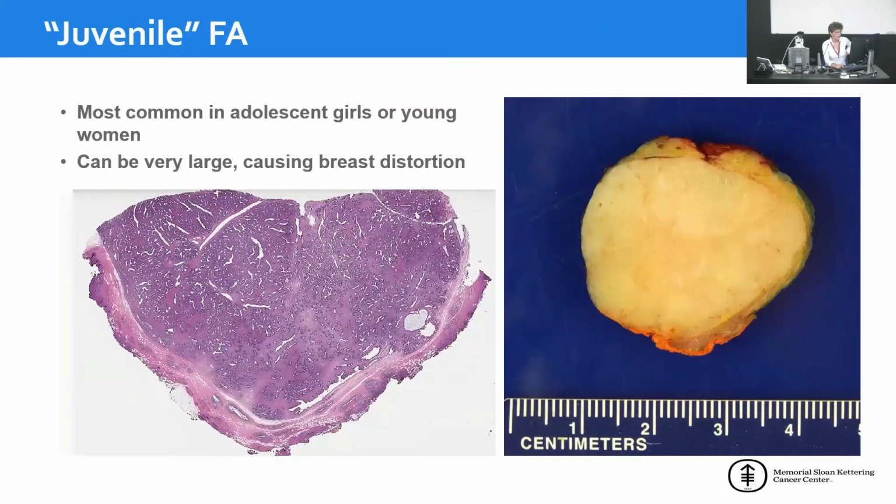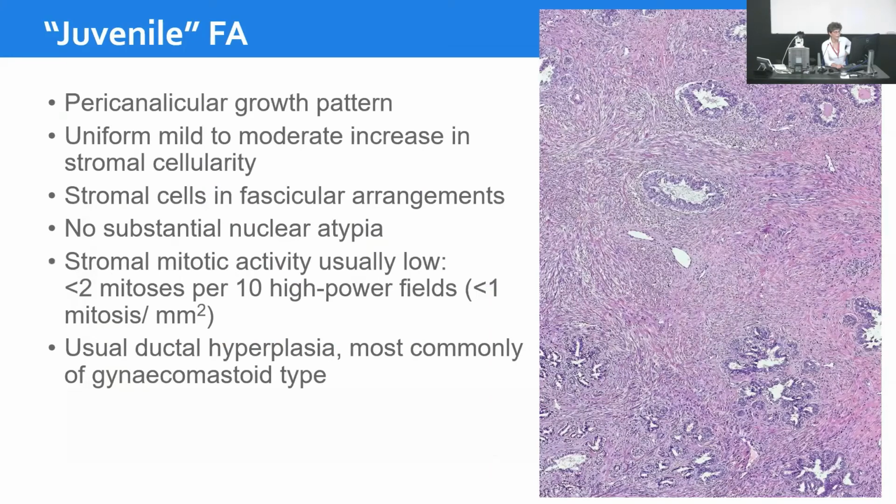Here is a juvenile fibroadenoma, most common in adolescent girls or young women, and it can be very large. This is defined by the WHO as having a more pericanalicular growth pattern. So the pericanalicular pattern, in a sense, is a good sign. If you find a predominant rounded arrangement of the glands, that is a good feature that favors a less aggressive